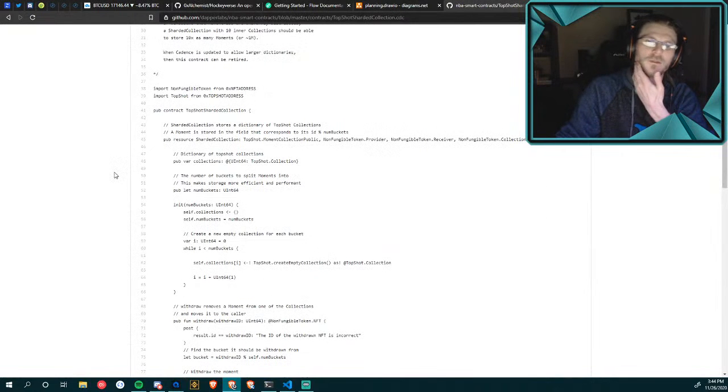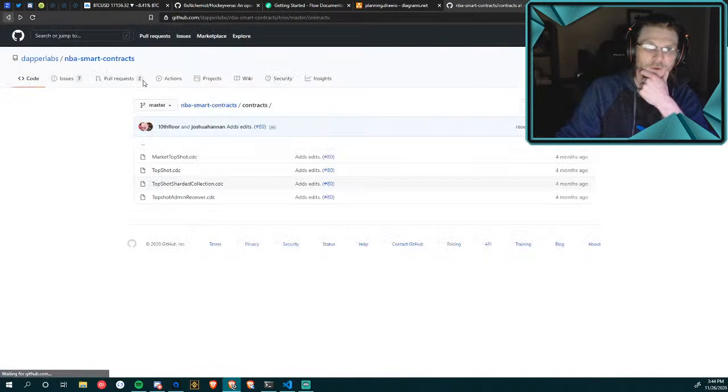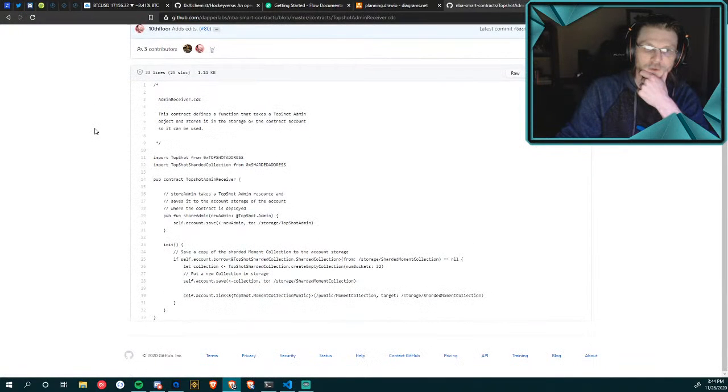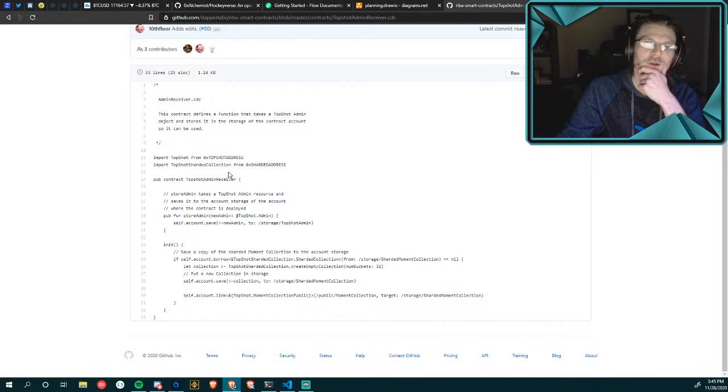But yeah, this makes sense because it's a different type of collection, so it's something that can be imported and used. Admin receiver. Cool. This is something that I was thinking about for the league management. This would be something similar that we could use for creating and managing who actually has the ability to create a new league, methinks.